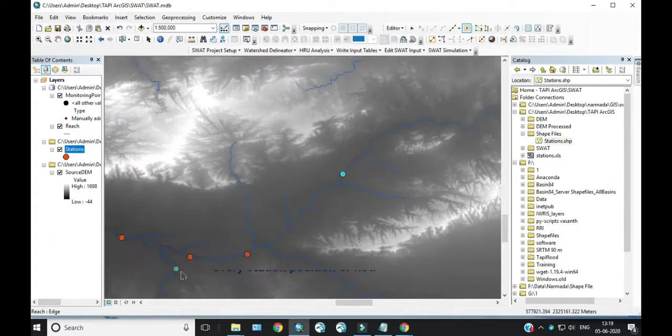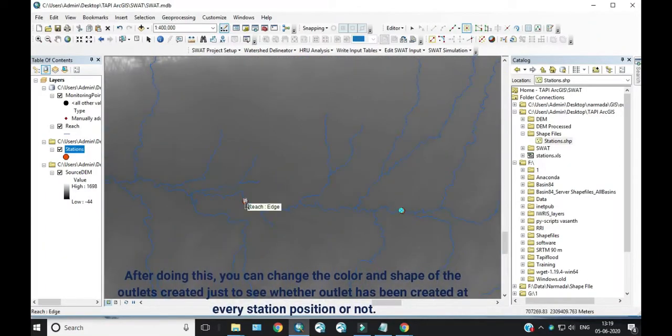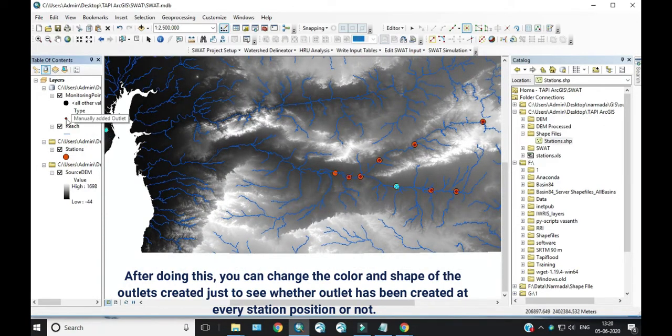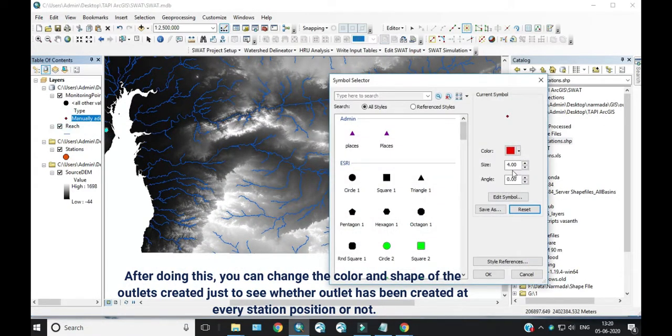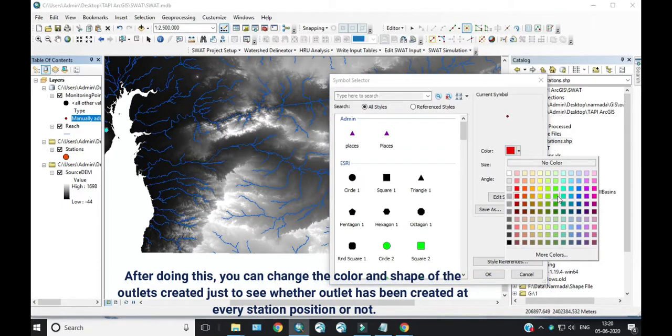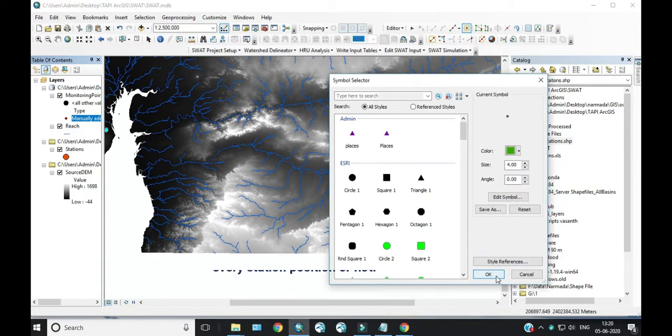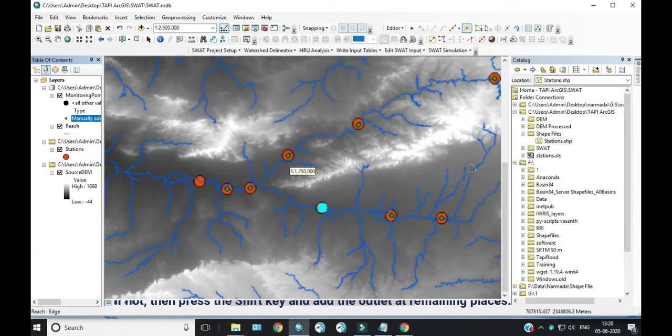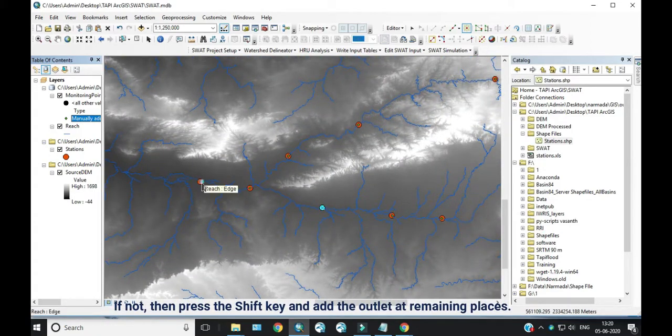After doing this, you can change the color and the shape of outlets created just to see whether outlet has been created at each and every station position or not. If not, then press the shift key and add the outlet at remaining places.